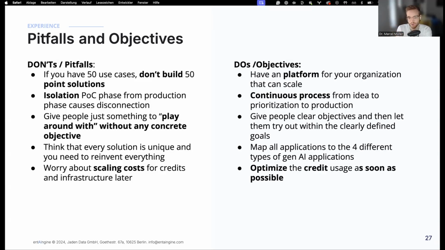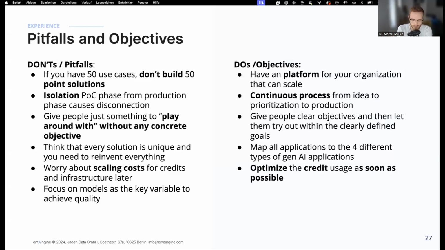And especially if you look for processes that you don't do once a month, but that you do 500, 1,000, 2,000 times. We have customers that have processes that they repeat 6,000 times a month. It adds up. Just because one instance of a process only costs you €2, if you have 6,000 instances of that process, it's €12,000. And if you can cut these costs in the very beginning, you should do